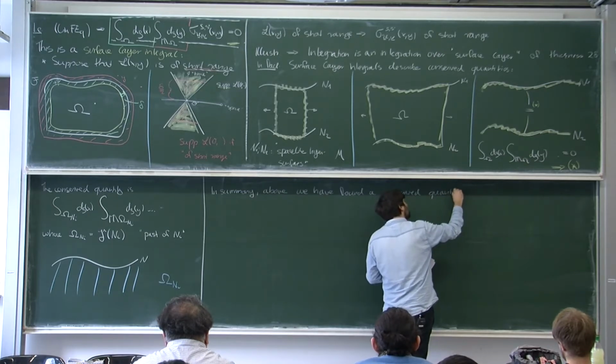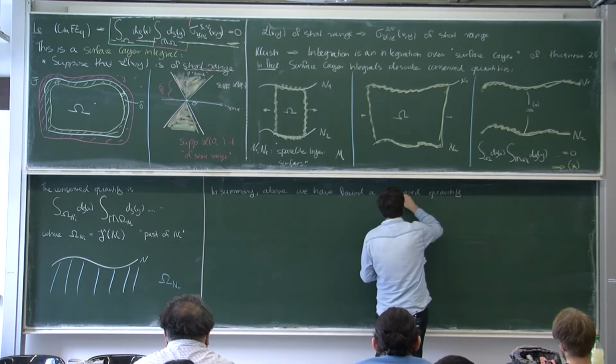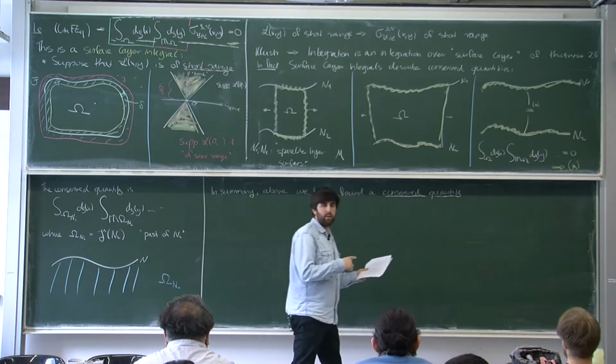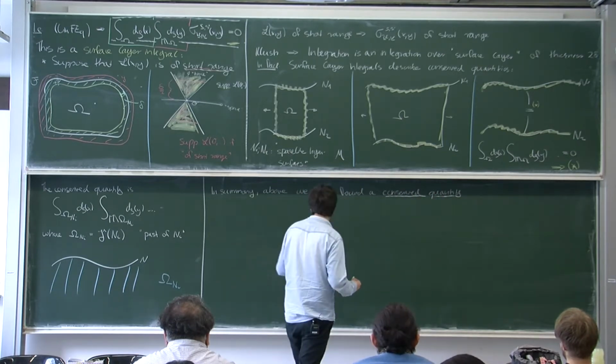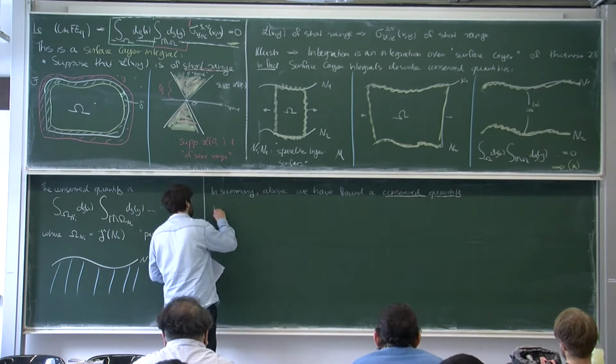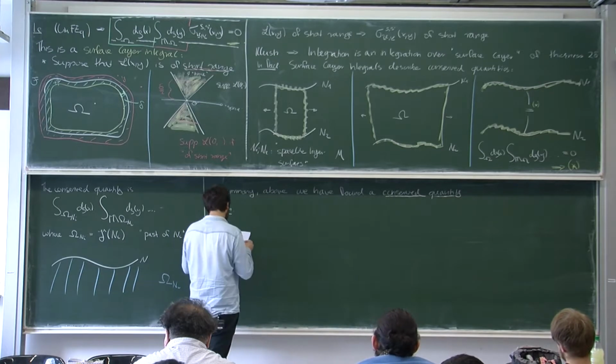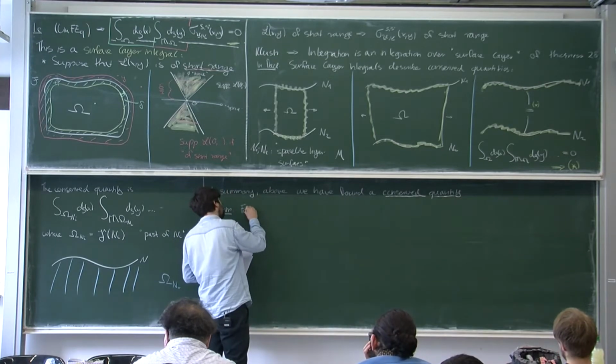Or maybe the better word would be: we have found that which we call the conserved quantity in the theory for particular reasons. And I'll just write it down as a theorem, and you've basically seen the proof, as follows. For any compact,